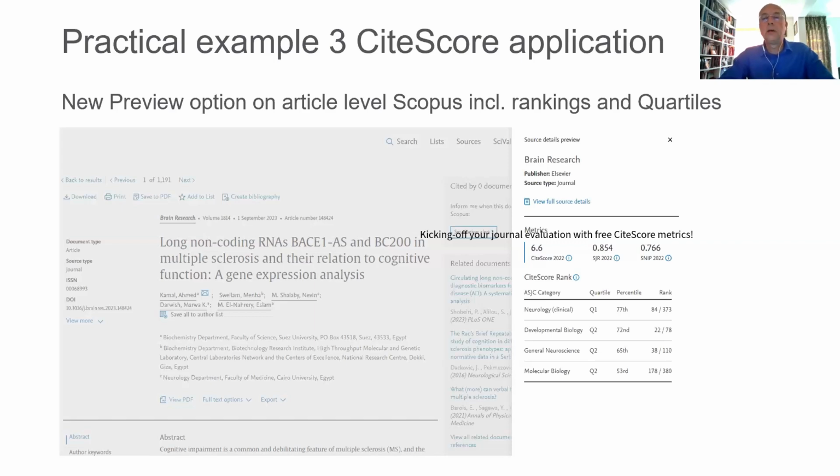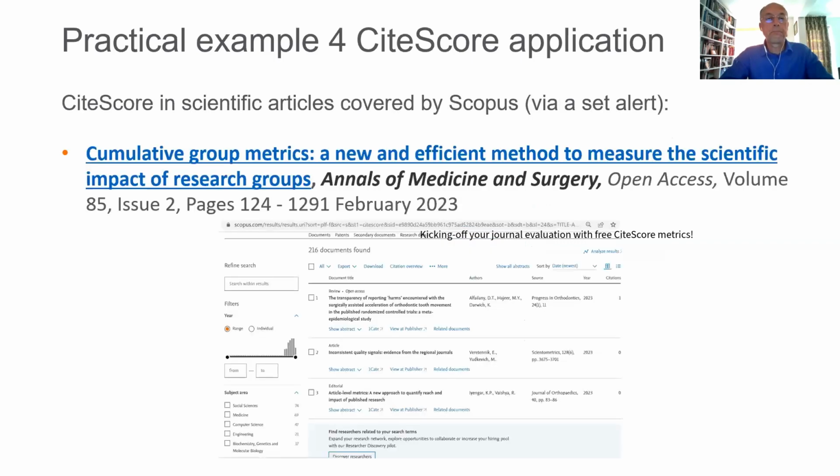And this then pops up on the right-hand side, directly giving you both the CiteScore value, SJR and SNIP value, and also its categories and their representation by quartile, which also translates into percentiles and a rank.